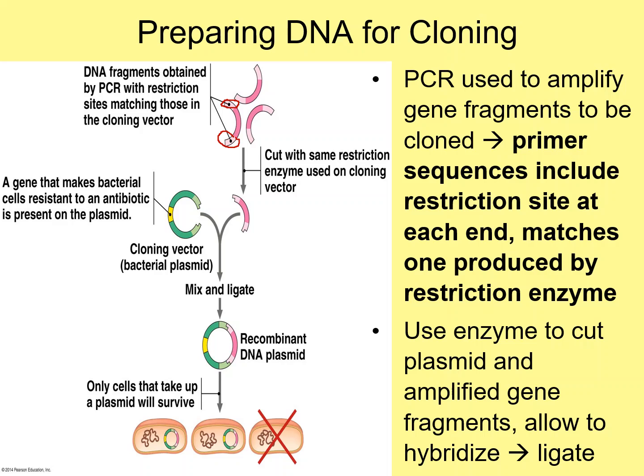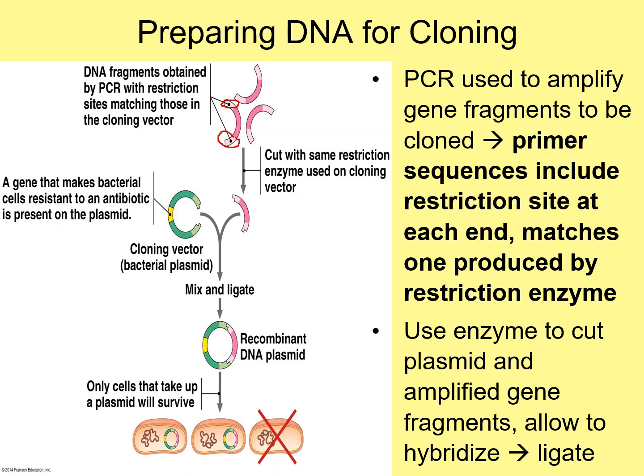We're going to add ligase, and ligase is basically going to catalyze that last remaining step. The plasmid and the DNA sequence are going to bond together because they have complementary sequences, so they're going to hybridize together based on those complementary base pairs through hydrogen bonding. But you do need to sort of glue it in place with ligase. That's going to catalyze that last phosphodiester bond on either end of our DNA sequence that we're inserting into the